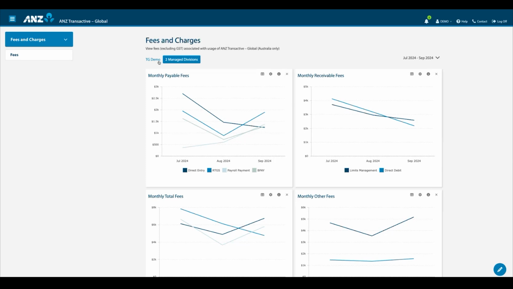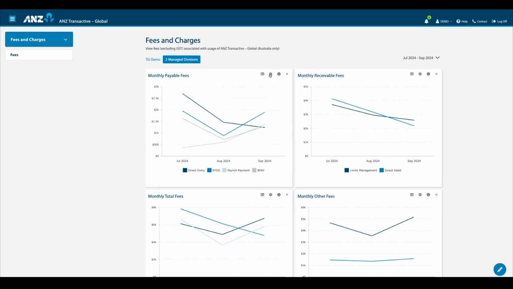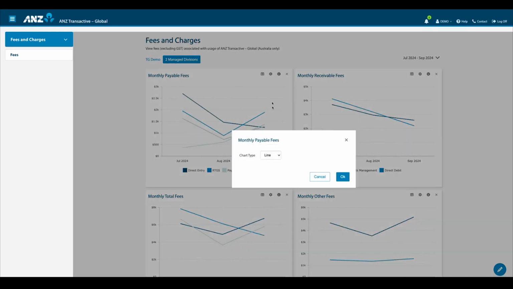If you have more than one division, you can select a relevant division. The month or a month range can be selected to update the data displayed. Within the widgets, you can switch from a chart or a tabular view. Click on the settings icon and you can change from a line to a bar graph.